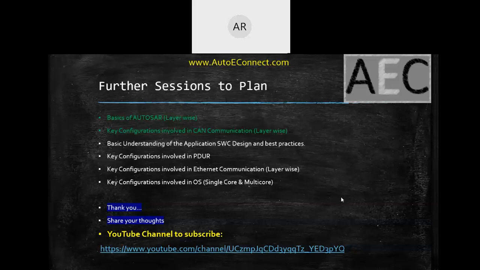Okay, got it. But what does this wake up actually mean? Does it only wake up the channel, or is it going to put the MCU in some energy save mode? See, basically, the ECU will have different states, like the run state, the sleep state, and the wake up state. Whenever the ECU is in sleep, somebody has to wake up this ECU.